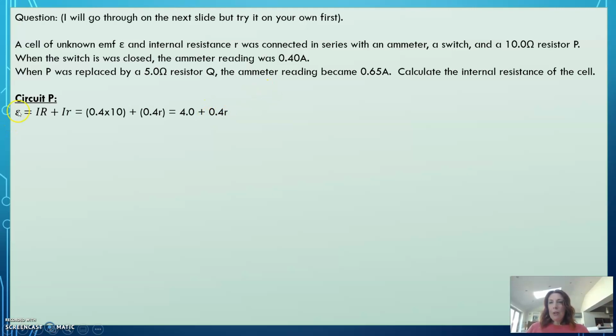Fortunately, we've got two unknowns. We've got the EMF unknown and little r unknown. So we need a second equation. The second equation is for Q. Again, exactly the same equation, just changing the